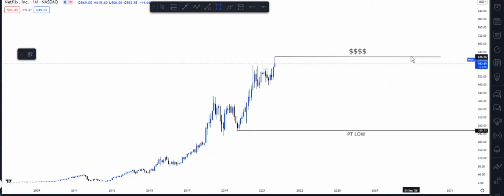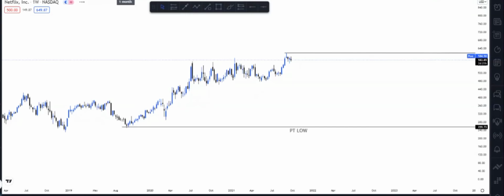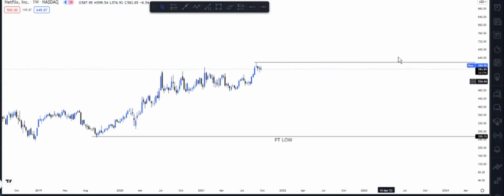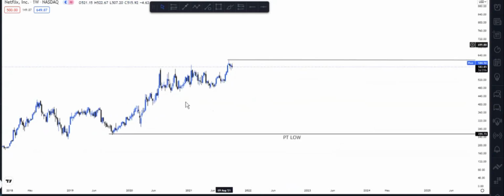So yeah, we got this range. Perfect. So let's go deeper and see what has happened from the protected low to the liquidity point. There's actually displacement in price. Remember, this is the micro structure. The first structure we looked at was the macro structure. This is now a micro structure. So in this pool, push,